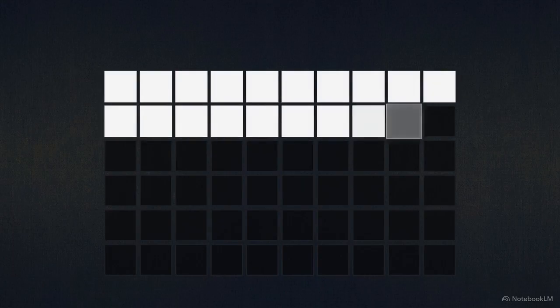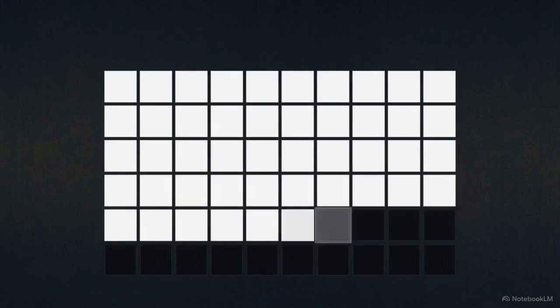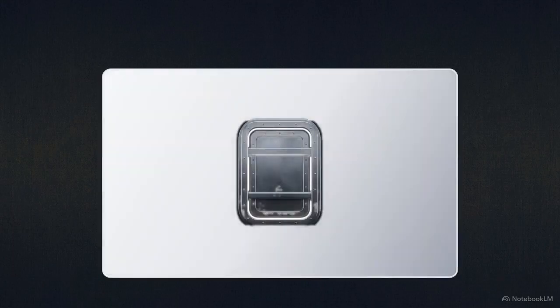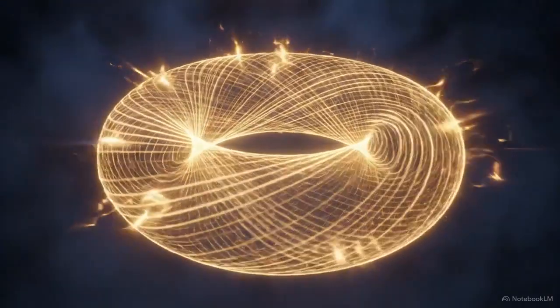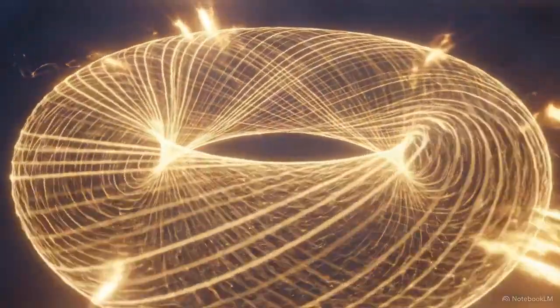The system uses Argon2ID, a memory-hard function, to derive your seed from a passphrase. This forces a computer to use massive amounts of RAM just to make a single guess, making brute force attacks computationally impossible. Once derived, the vault uses a toroidal chaos